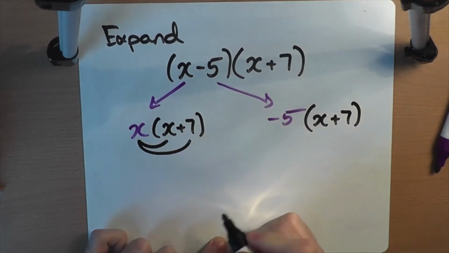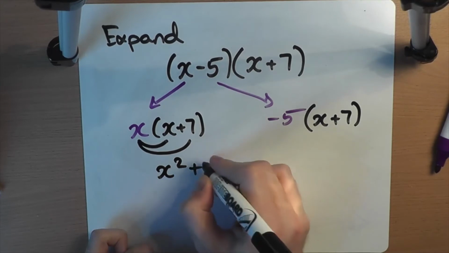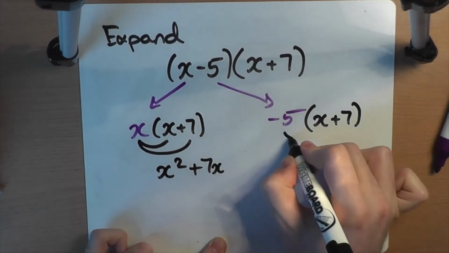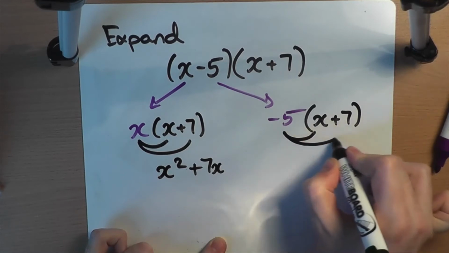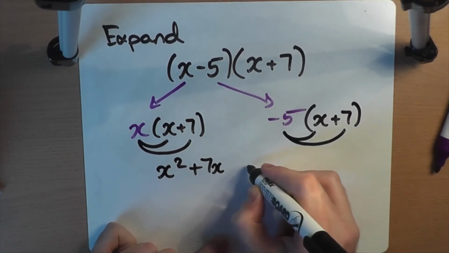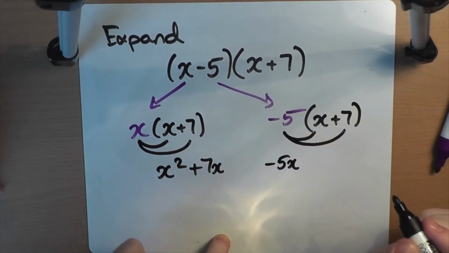Expanding this one first, on the left we're going to do x times x gives me x squared, and x times the plus 7 gives me plus 7x. For the other one, minus 5 times the x and minus 5 times the plus 7. So minus 5 times the x will give me a minus 5x, and minus 5 times the plus 7, well